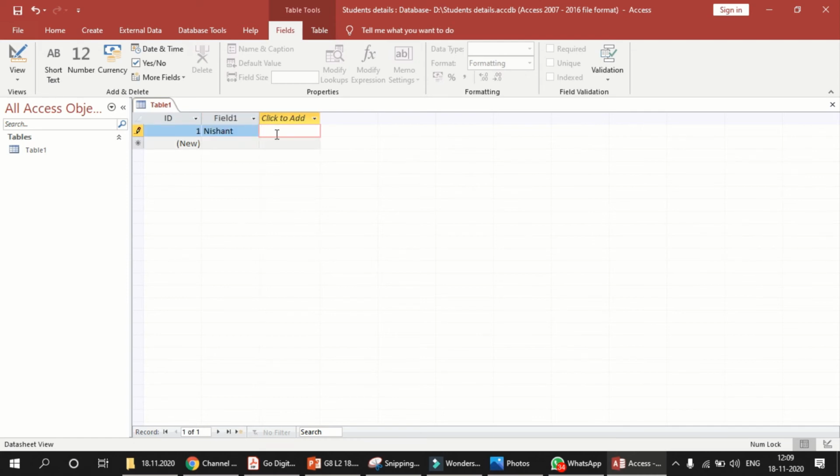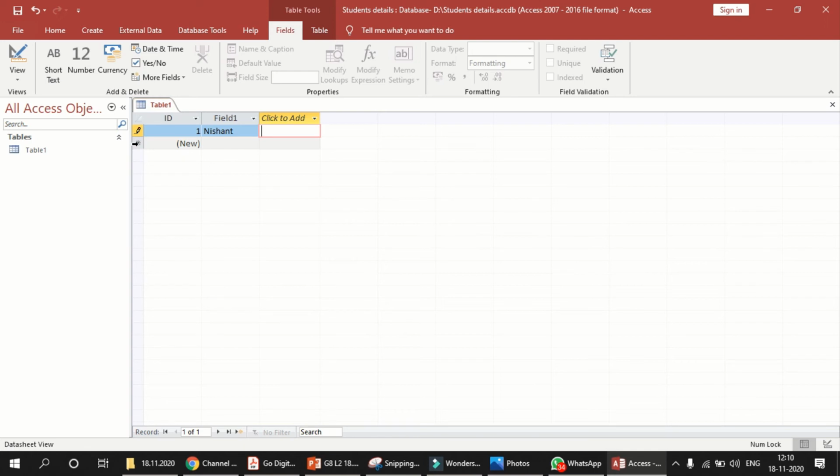See, when I click tab, what happens? This ID is changed to 1, and the next field opens. Click to add, so the next field appears here. When the next field comes, see this record selector. It's changed to a pencil sign.